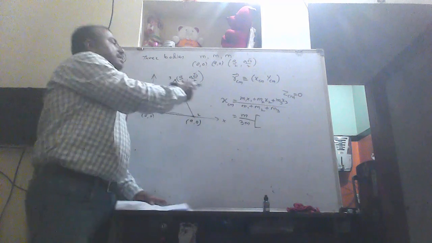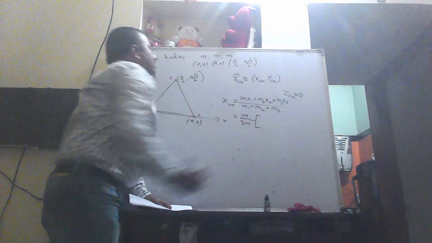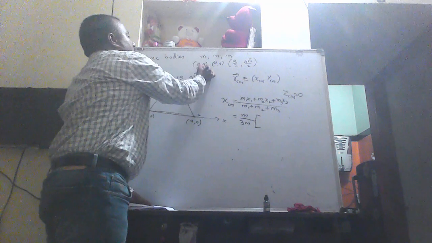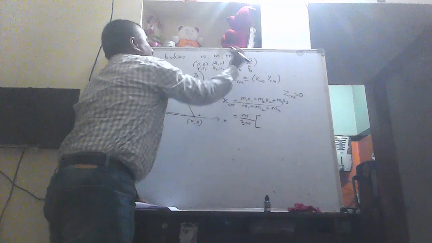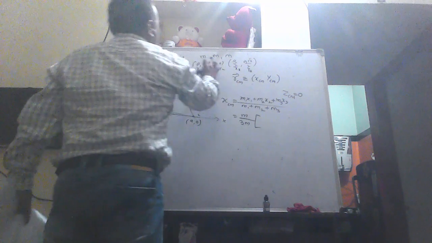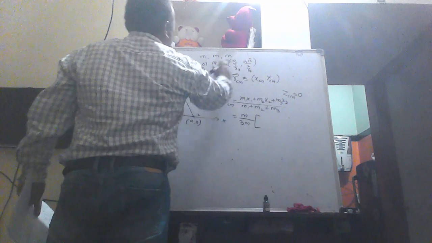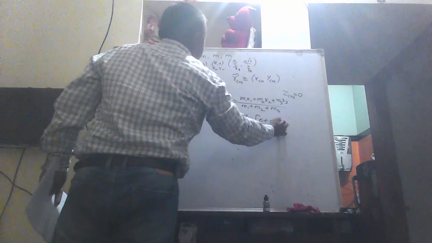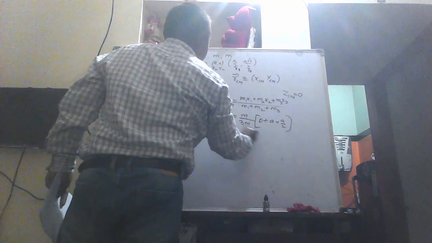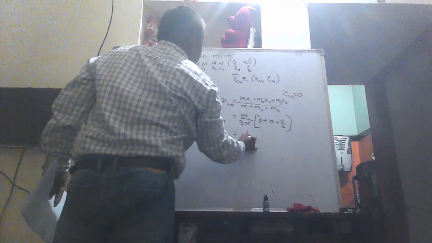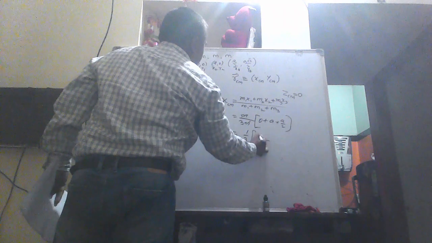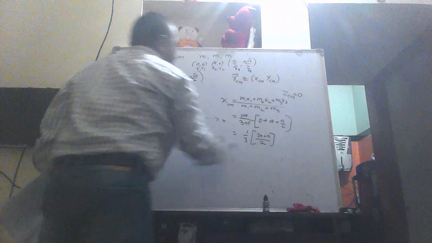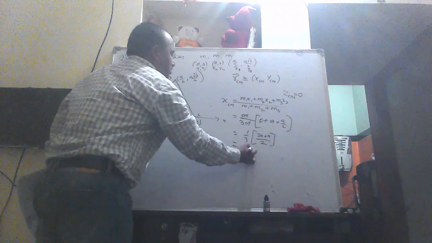So that you can calculate x1 plus x2 plus x3. What is x1? x1 is this one: x1 y1, x2 y2, x3. So what is x1, x2, x3? 0 plus a plus a by 2. So the answer is: m cancels, 1 by 3 into, so LCM is 2, 2a plus a, that is 3a by 2. 3 cancels, so the answer is a by 2.